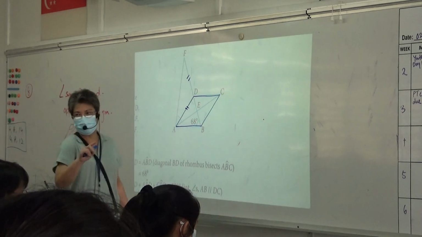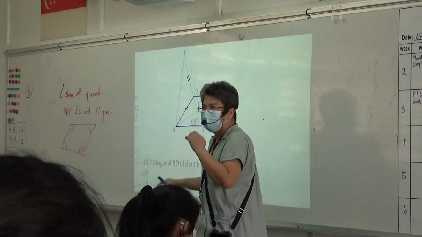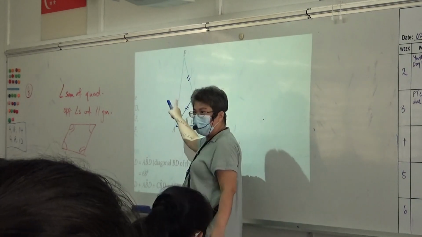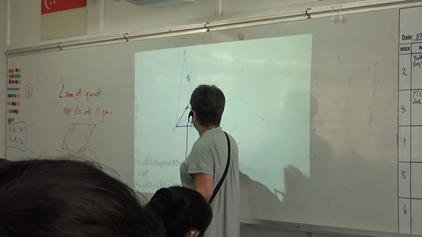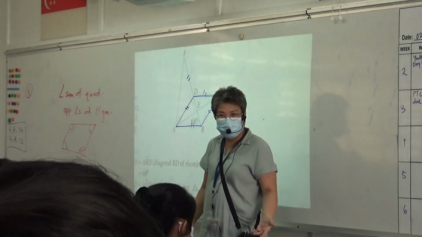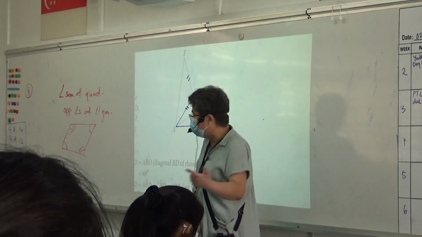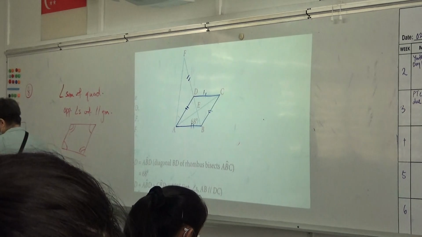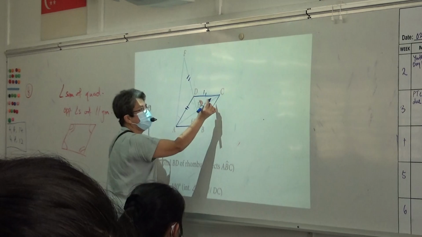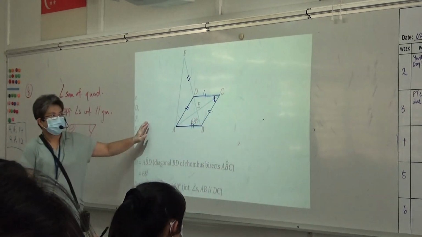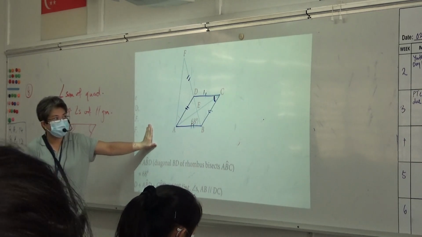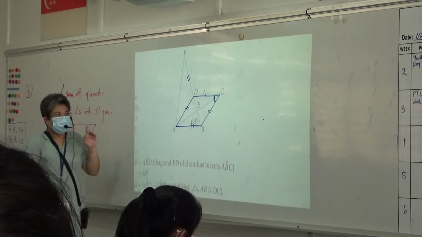Now, before I find, I need to say something. All of you look up. They say these two are the same, right? But this is a rhombus, right? That means this one also the same, no? Rhombus means all four sides are the same, no? Agree with me, class? First question they want you to find is angle BCD. Now, where's BCD? BCD is here, right? Correct. BCD is there. Now, because